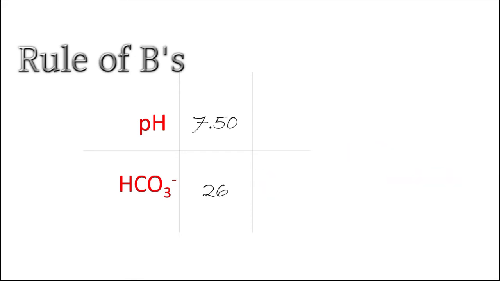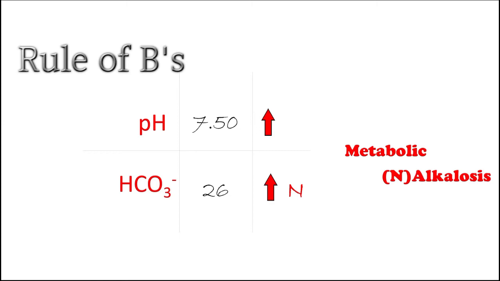pH of 7.50 and a bicarbonate of 26. pH is high, hence alkaline. Bicarbonate is normal, but it could also be called a high normal because it is towards the high end of the normal range. And since pH and bicarbonate are in the same direction, the cause is metabolic, and hence the final interpretation is